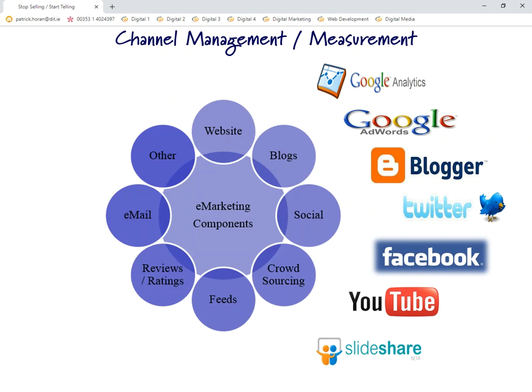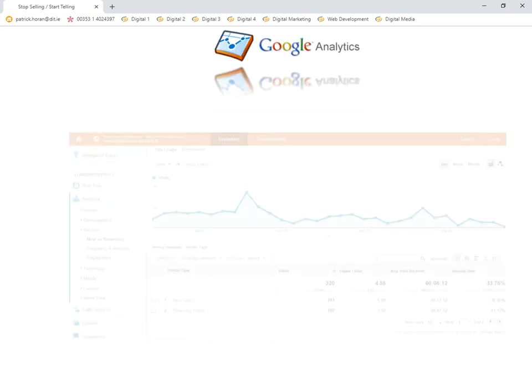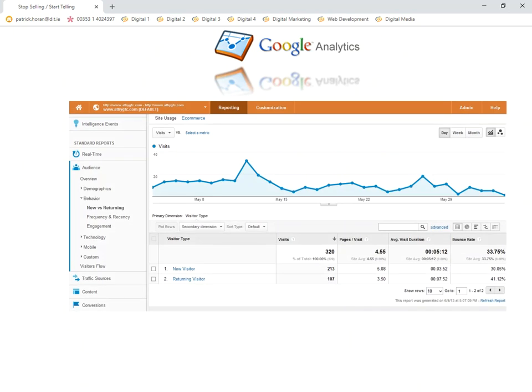It's worth your while going into all of these. Now, Google Analytics, the first one, I'm just going to talk about briefly. Google Analytics is an amazing piece of software where you get a little bit of code and put it into your website. It will measure who's coming to your site, how often, where they're coming from, what they're doing, what kind of browsers, software and hardware they're using, their level of engagement, their behavior, their demographics, all of these things. You can learn an awful lot by looking at this. Google Analytics will work with websites, but also with apps and other little things like that.